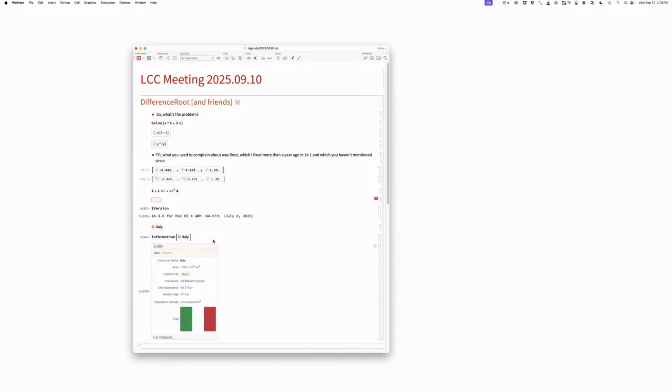Right. So there's the entity stripe, and then there's the Italy country. Yes, I like it. That's a good way to do it. We could say here root, and then we could have it subtitle, univariate polynomial, whatever it is. The detailed words aren't necessarily right, but this is the main event, this is the polynomial. Then it would say at the top here something like root, first root of, and then the polynomial nicely formatted here, with x's and so on, and then it would have the button underneath that says